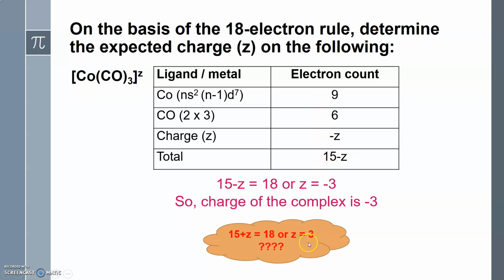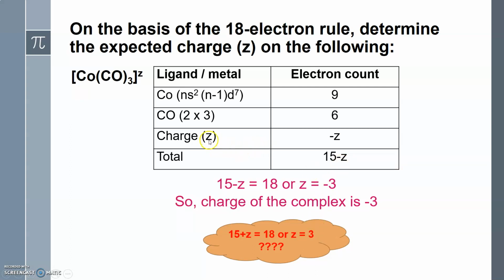In the examination, we used to think that we have to find Z, and once I have found out what Z is, we will easily mark or write down the answer as 3. We will be in a hurry. We will not have time to go and put it back in the problem and check whether the 18 is coming or not. So in that way, we will be making the mistake.